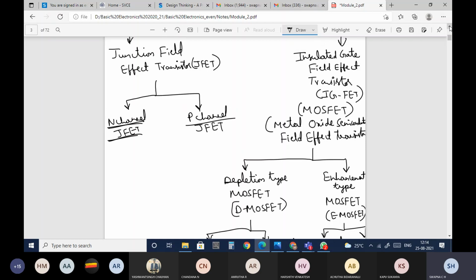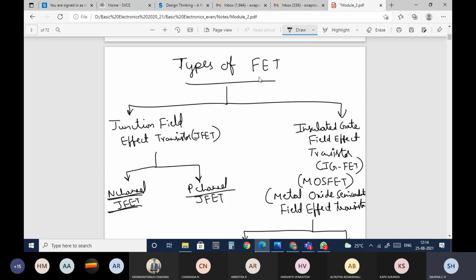Okay, so just to revise, the field effect transistor is a 3-terminal device. It consists of drain, source, and gate, and it is a voltage control device. By controlling the gate voltage, we'll be able to control the current flowing through the device.